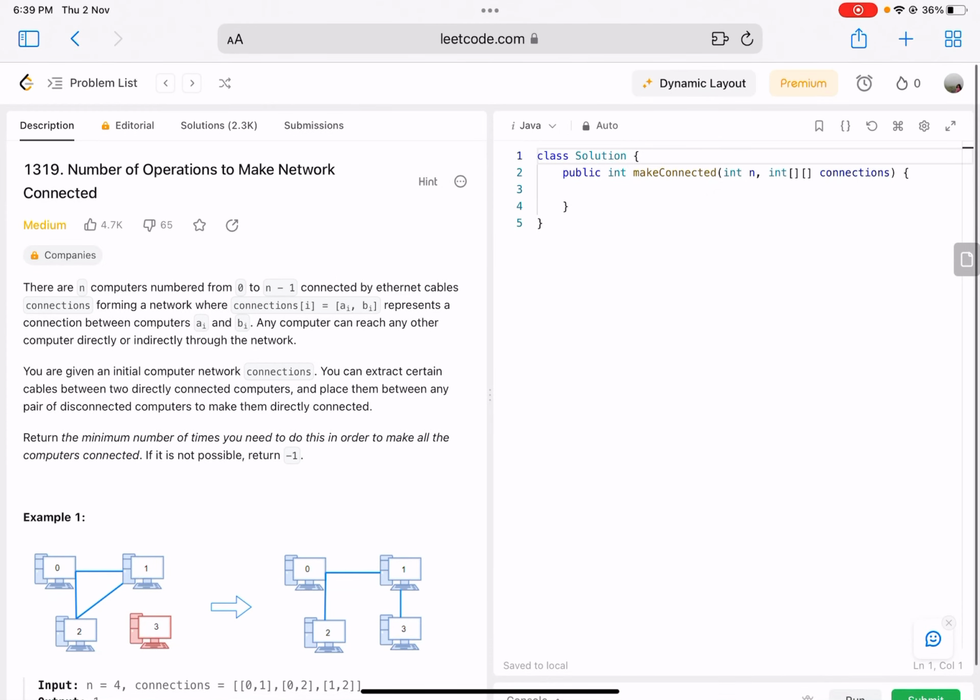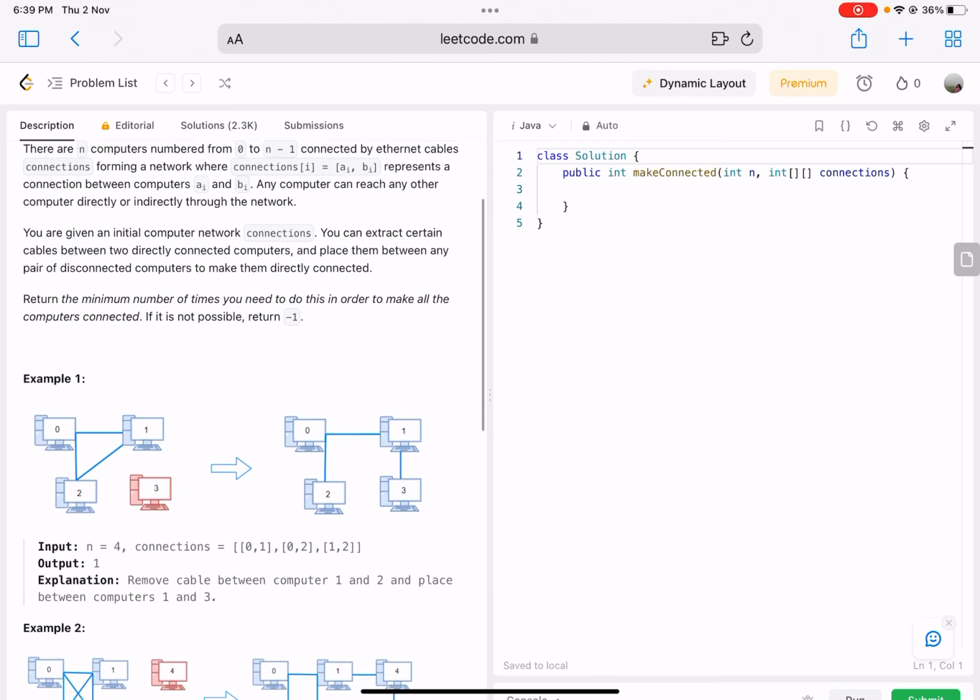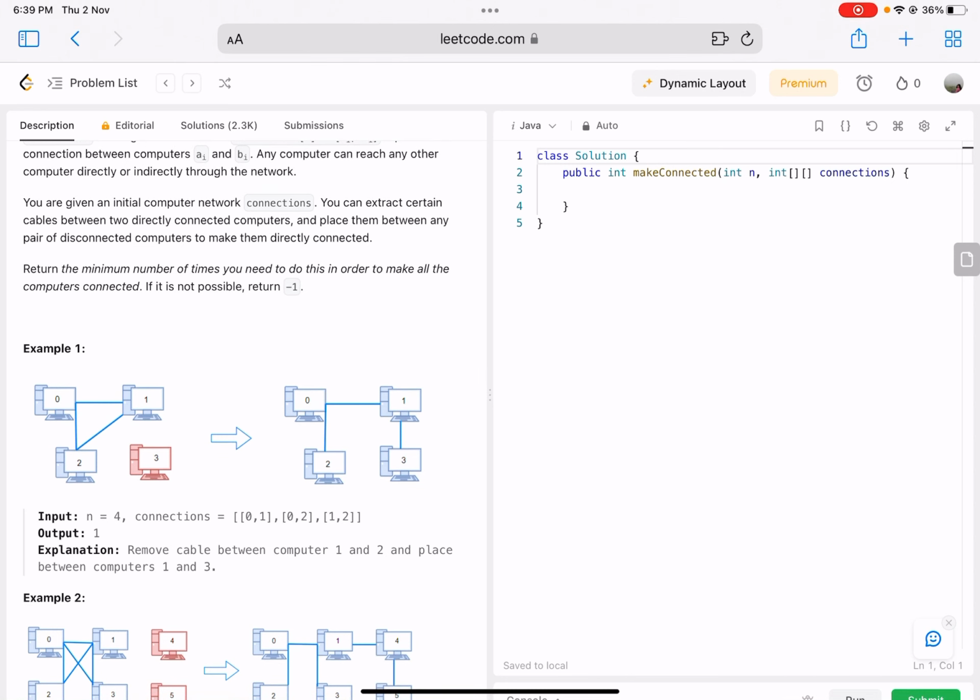Hi, today let's try to solve this problem, number of operations to make a network connected. So we're going to be given an array of connections. Each thing represents one edge, which is the connection made between one computer to the other. And we see, like in example 1, that 0, 1, 2 are connected and 3 is not connected,